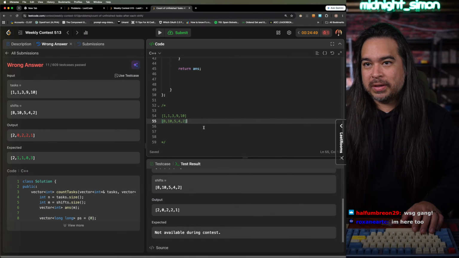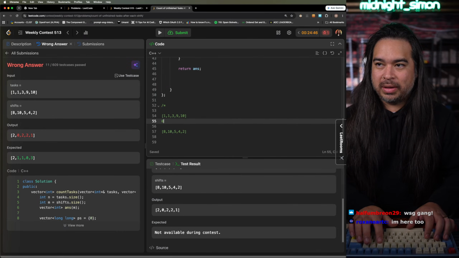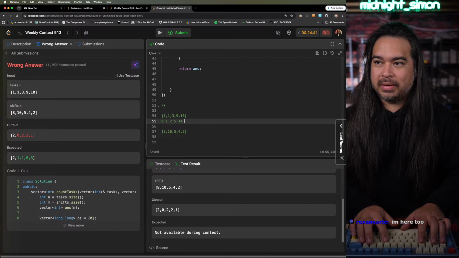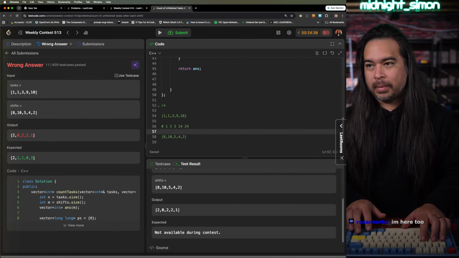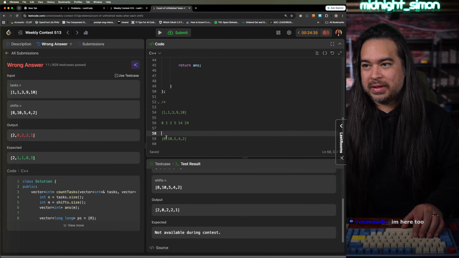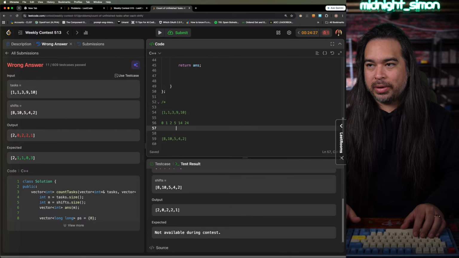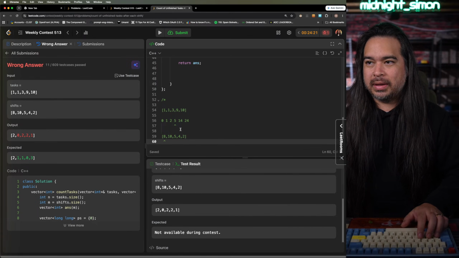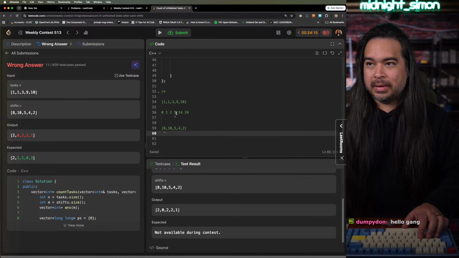So, alright, prefix sums of the tasks would be 0, 1, 2, 5, 14, 24. So the first task is 8. We do a binary search. We get 14, but it's too big, so we bring it down 1. So we're here at the 5. And then how many tasks left? We got 2 tasks left. So now the next time we do something,